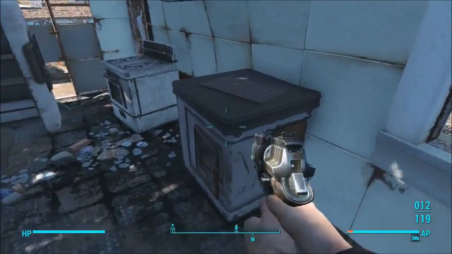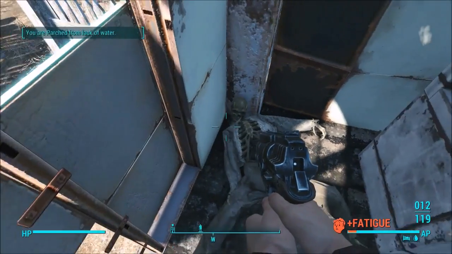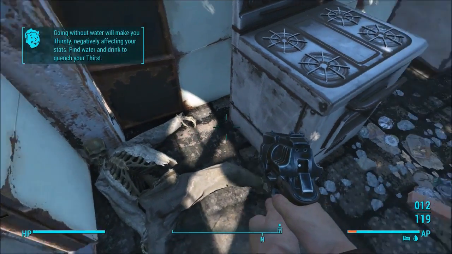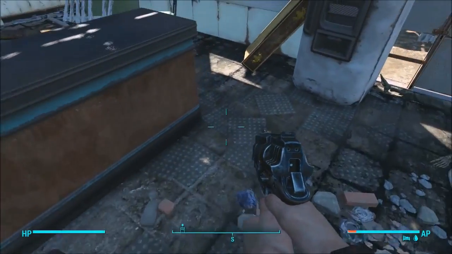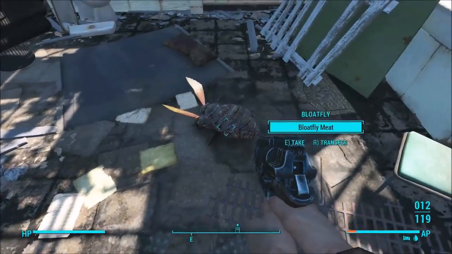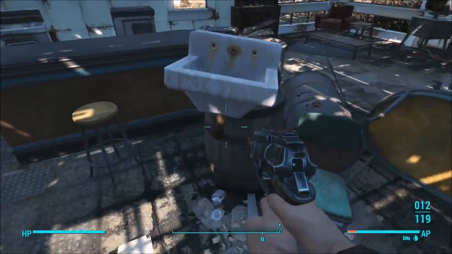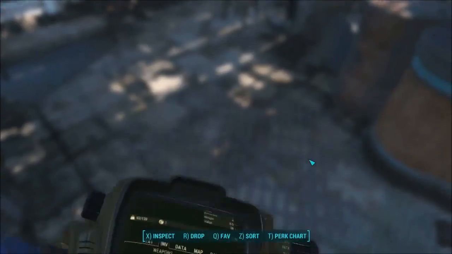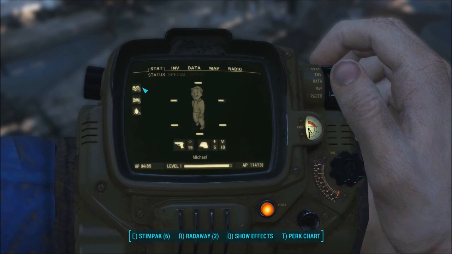Yeah, so the mod I had which extended the dialogue would actually tell you, ooh, you're parched. Going without water will make you thirsty, negatively affecting your stats. Find water and drink to quench your thirst. Okay, and I'm guessing that big red block of my action point bar is fatigue. Again, a new feature of this survival mode. Alright, I have water. Does it tell me actually...